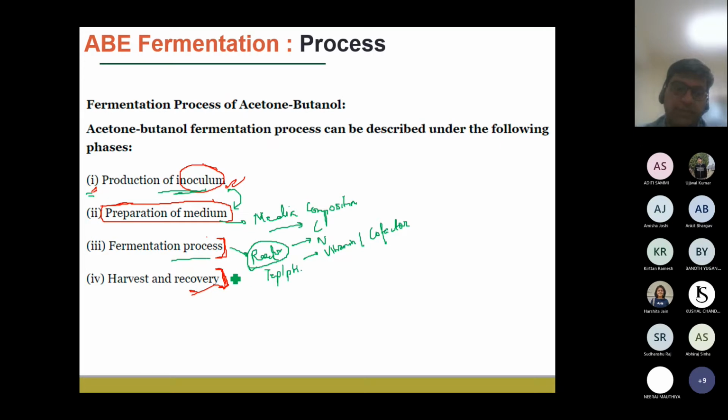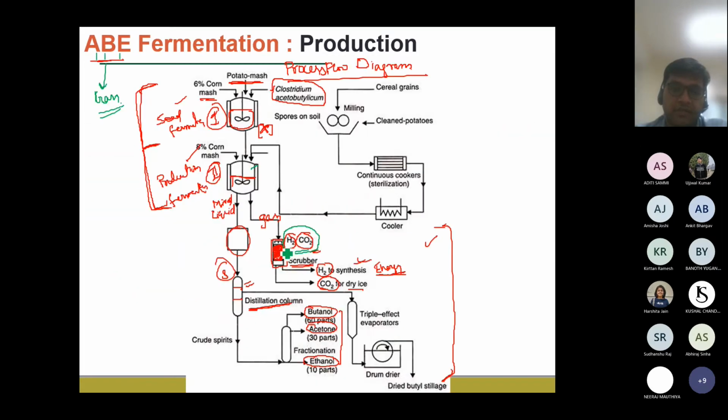And once you have, for example, produced your desired product, after the fermentation you will have a combination of the product, plus the biomass that has grown, and along with that there will be several bioproducts. What are the several bioproducts? They will be some sort of amino acids, or it may be proteins, which may be released by these Clostridium species bacteria during the fermentation. So that is downstream processing, which is the harvest and the recovery. This we have already discussed.